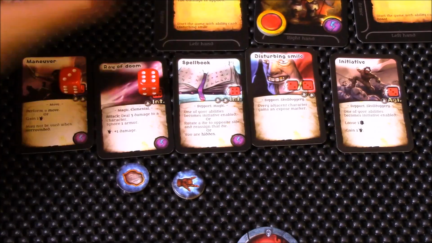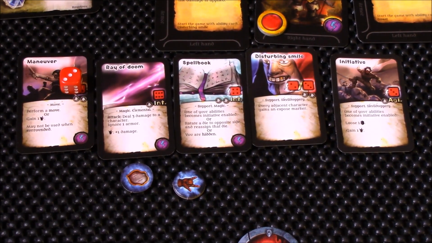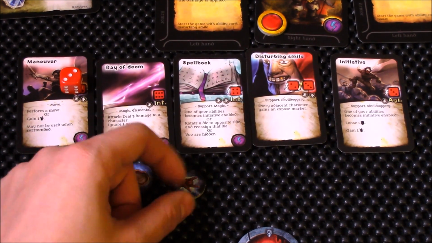I'm gonna do my Ray of Doom now. Make it initiative enabled. Deal 3 damage to a character, ignore 1 armor. Must spend by